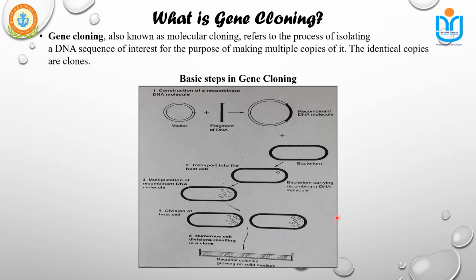Third step, multiplication of recombinant DNA molecule. The vector multiplies within the host cell, producing numerous identical copies not only of itself but also of the gene it carries. Fourth step, division of host cell. When the host cell divides, copies of a recombinant DNA molecule are passed to the progeny and further vector replication takes place. Fifth step, numerous cell division